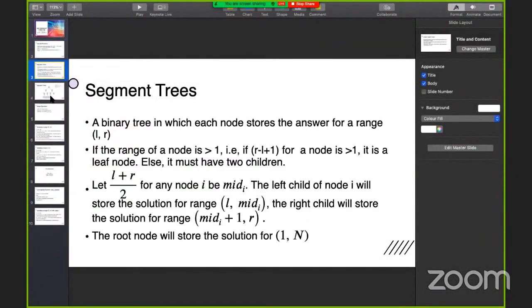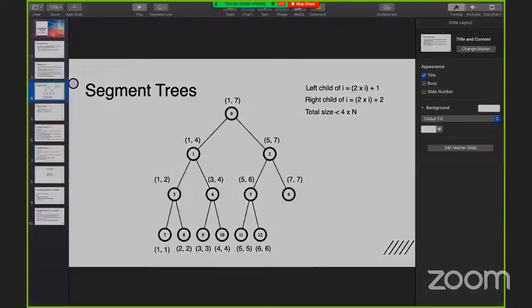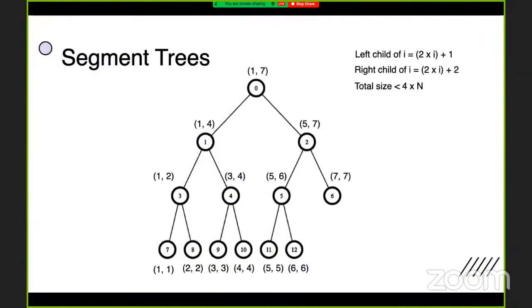Okay, yeah. One more important thing is that we can look at the numbering pattern, right? Let's look at both the children. For 0, the children are 1 and 2. For 1, the children are 3 and 4. For 2, the children are 5 and 6. So the children are always one after the other, right?